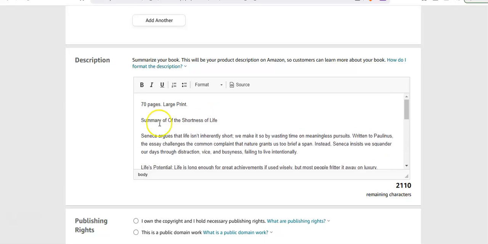And there we have it. 70 pages large print, and we have the summary of it.